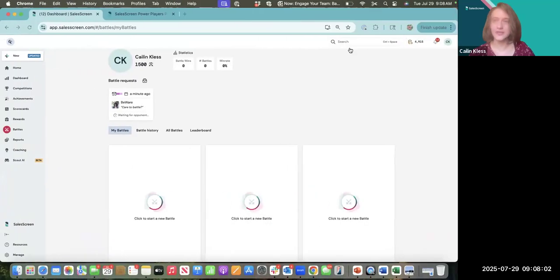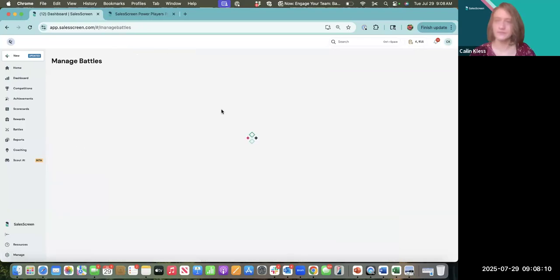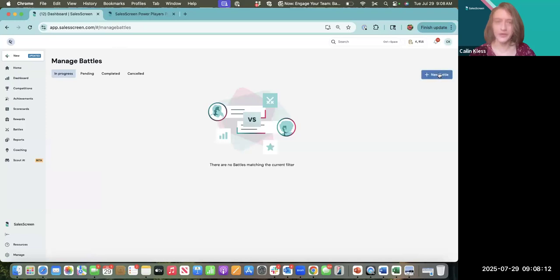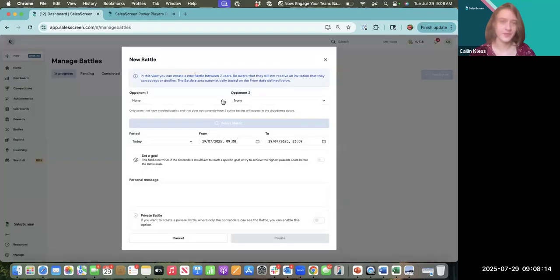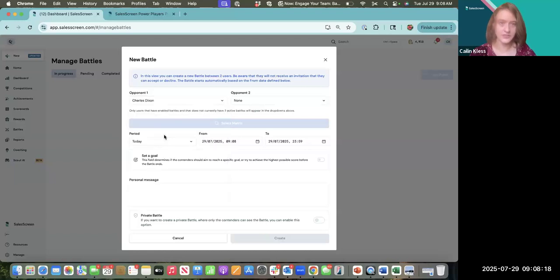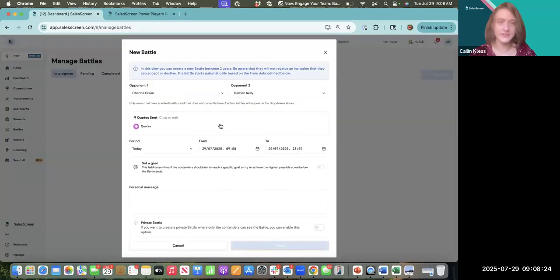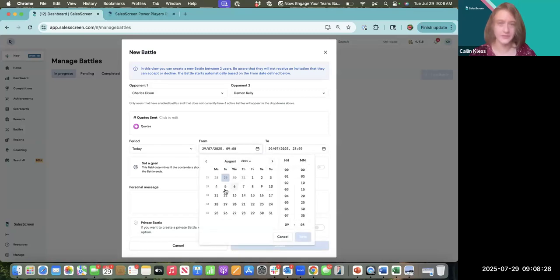If I wanted to assign a pairing to a battle as a manager, I can do that as well. In this case, I would go to Manage and then Battles. I'm going to click New Battle in the upper right corner right here. And I'll pick 2 opponents to go against each other. So I'll say Charles and Damon are going to battle. I'll also put them on quotes sent. And I'll say that this lasts all of next week. So I'll say from the 4th